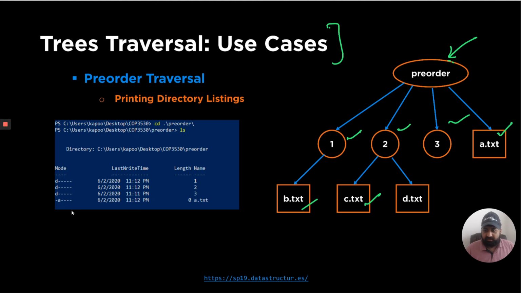This is an actual folder on my system that I just created. If you type the ls command on Linux or PowerShell in this particular folder, where pre-order is acting as the root,